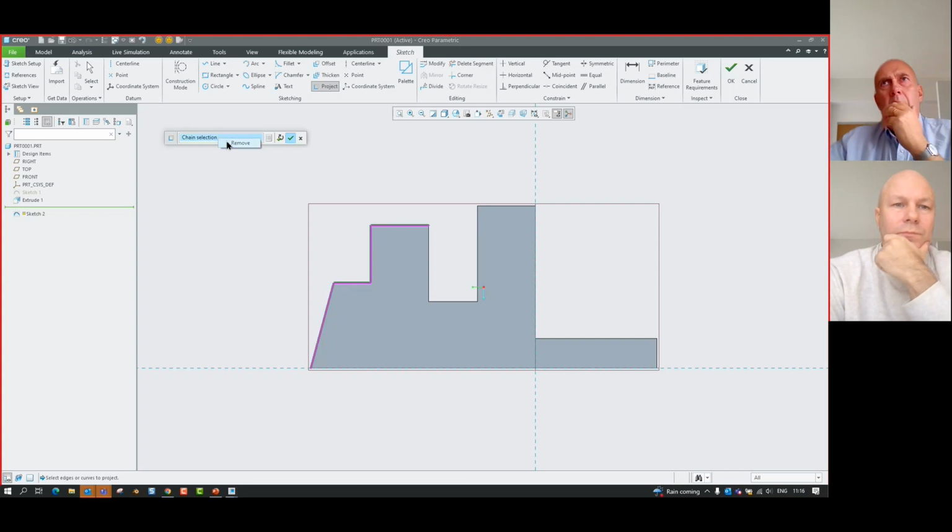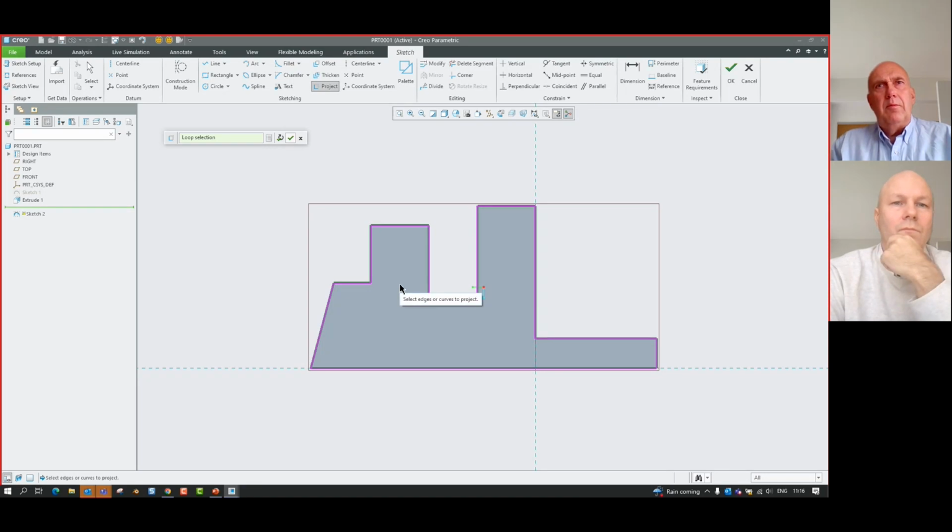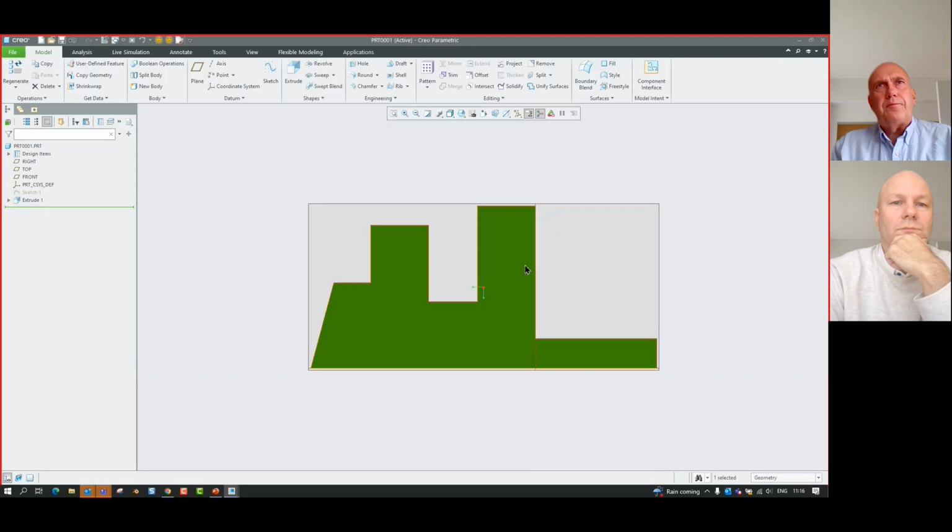And finally, if I want to get a surface loop selection of references, I just hold Shift, hover my cursor over the cross-sectional area of this body, and I get a surface loop selection. So much easier to collect and manage references for both our project and offset tools in Creo 9. So I'll just exit out of this.